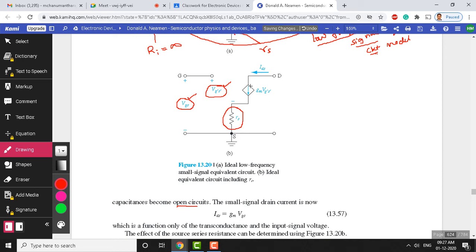Okay, now here this is a dependent current source. So the current flowing through this, which is IDS, is now equivalent to GM times the voltage applied between these two terminals. It's S here, S dash here, sorry, this is S dash. Okay, so this is the actual source. So the voltage between these two, multiplied with GM, the transconductance of the JFET, gives you the drain source current.